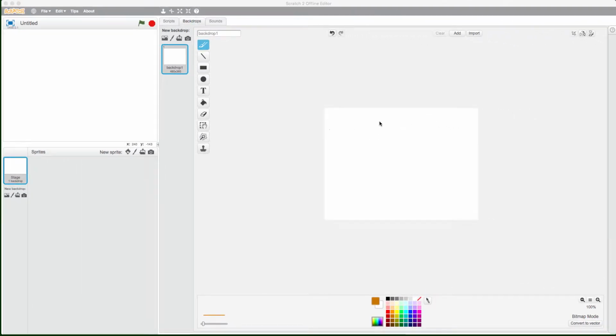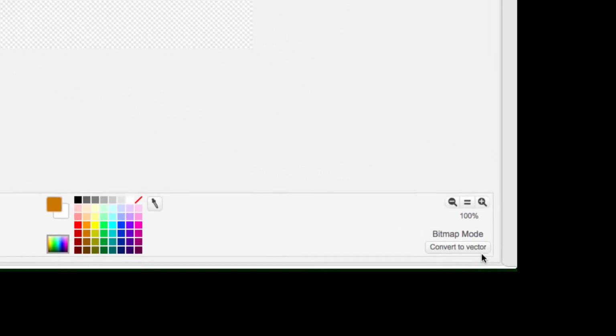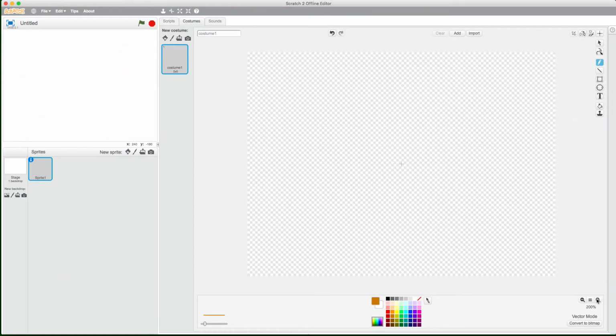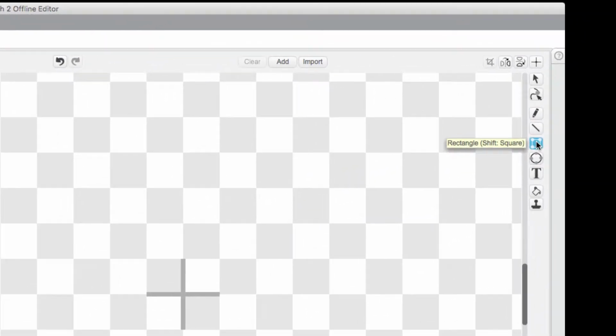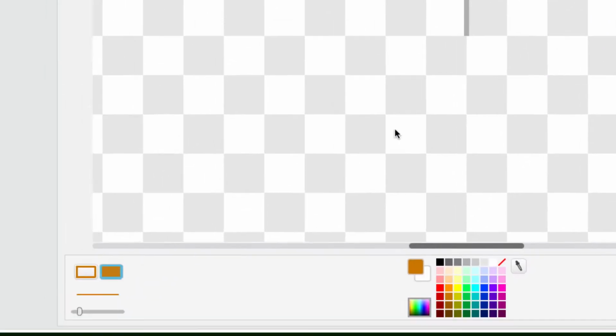First up, we want to create the square. I always like to use vector mode because that way we get really clear pictures. And I'll make the grid a little bit bigger. Now I worked out that the square needs to be 40 pixels wide, and each of these little squares is 4 pixels. So square, make sure it's solid,